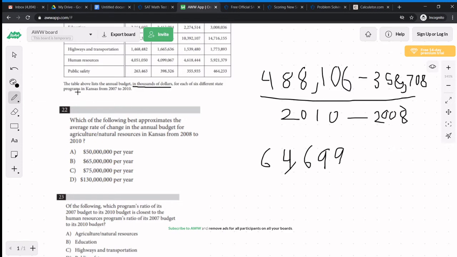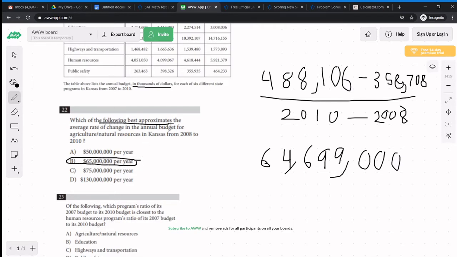dollars. The table lists the budget in thousands of dollars. You can see it pretty easily when you look at these answer choices. None of them are even close. So either you grossly made a mistake, or there might be something like this where they simplify the numbers in the tables because it just is too big. So we know that because it's in thousands of dollars, it's 64,699,000. So we're going to add 3 zeros. We're just multiplying this by 1,000. That's all we're doing. And we choose the closest one, which in this case is 65 million, because it says